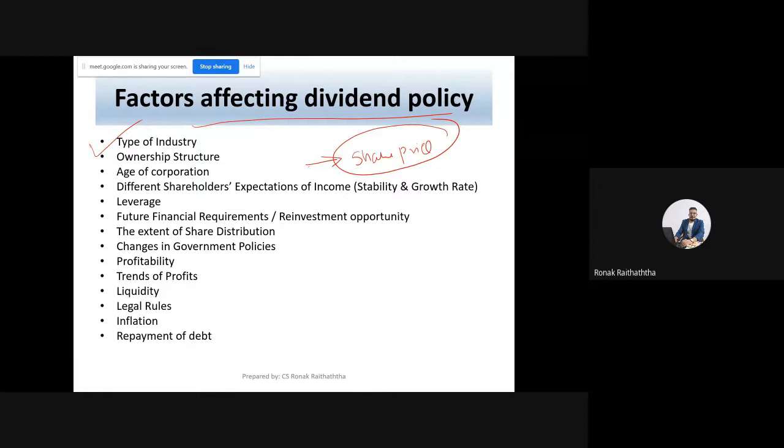Some of the industries are not known for paying a good amount of dividend. Some manufacturing industries, some agricultural produce industries do not pay much dividend. Generally, that is a perception among the shareholders because historically they might have observed it. Some of the industries are very capital intensive, you know. If I just divide industry into two parts, one is manufacturing, another one is service.